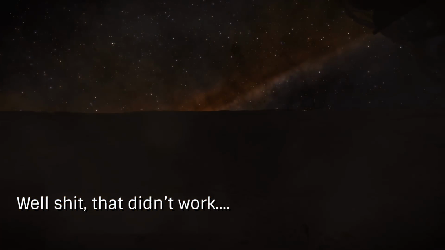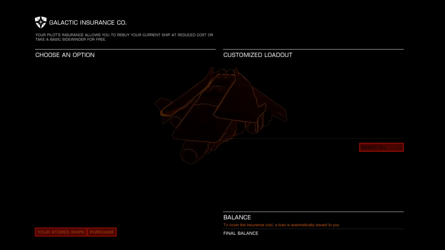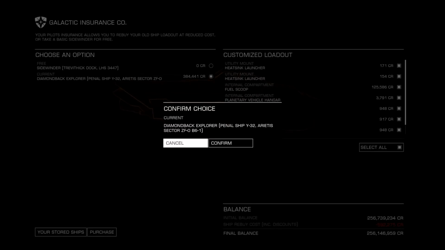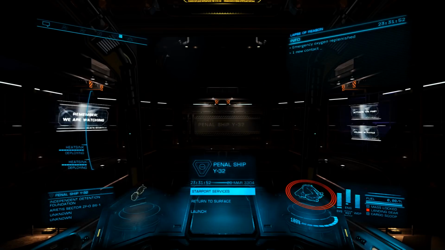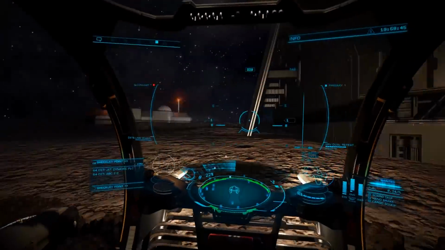If you do succumb to the attack, you'll respawn in a detention center nearby. This is another reason to do this in a low-value ship, so you don't have to worry about much of a rebuy. That said, a larger, more powerful ship will likely allow you to land and dismiss your ship without much fear of destruction. Once you reach the outpost, find a defensible position, ideally under some structure like the pipes